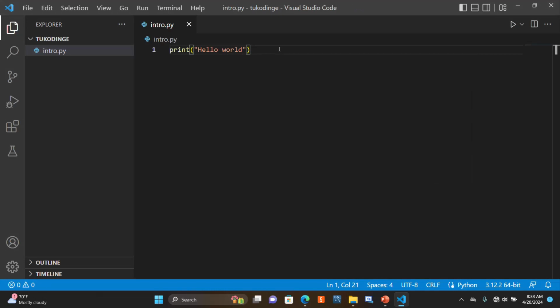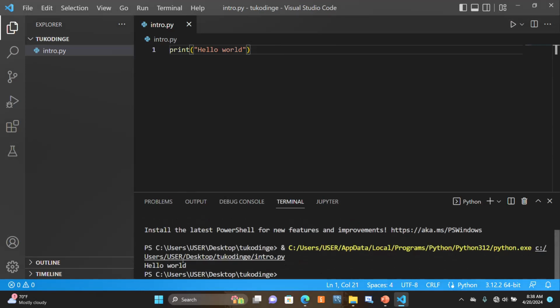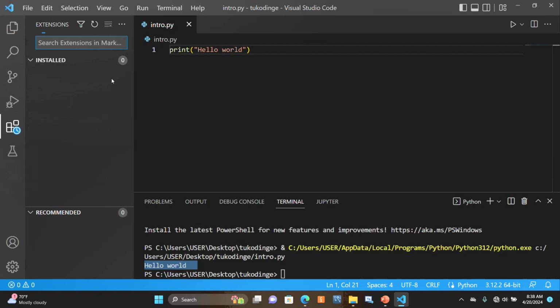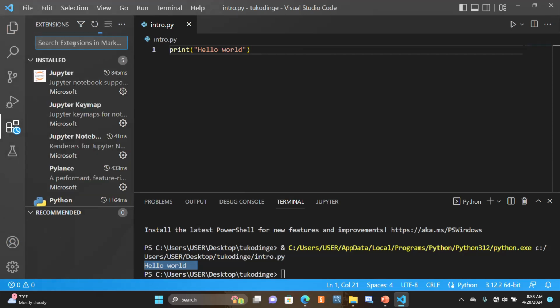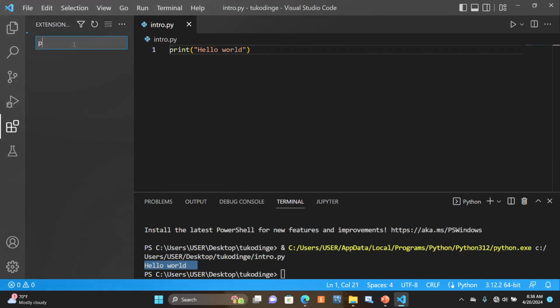So we save this. So I'll run this file. Now on my VS Code, I've already installed the Python extension with the Python IntelliSense that gives me this debug button. So I can just click on it, and then it runs my work in the terminal. So if you don't have this button in your VS Code, you just go to extensions and then type in Python. Once you type in Python,